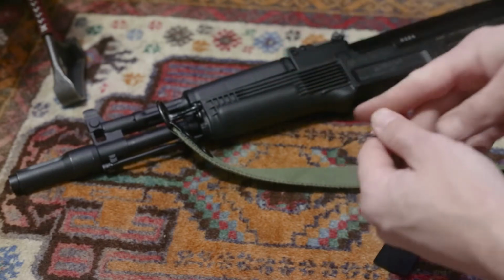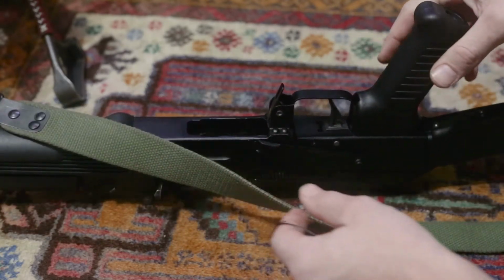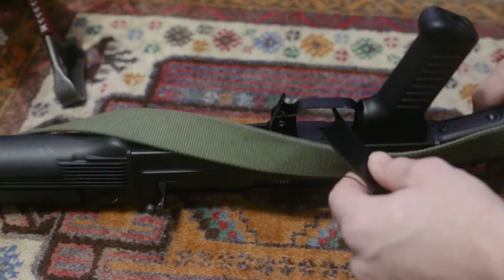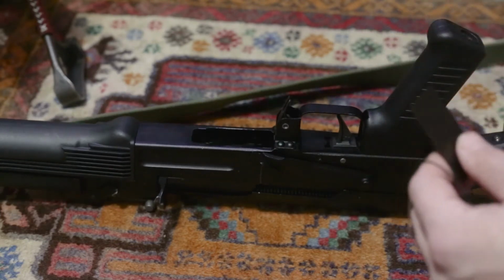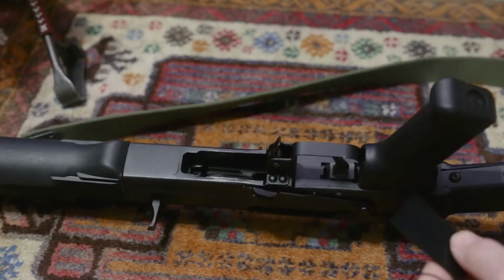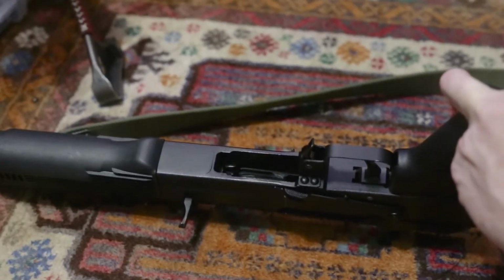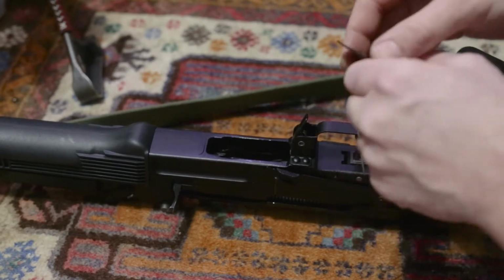Okay, so make sure I'm in frame here. Alright, I'm going to try to do this. Normally I'd set up a little bit differently to get this on, so I might struggle a little bit, but make sure I'm in focus. Okay, so